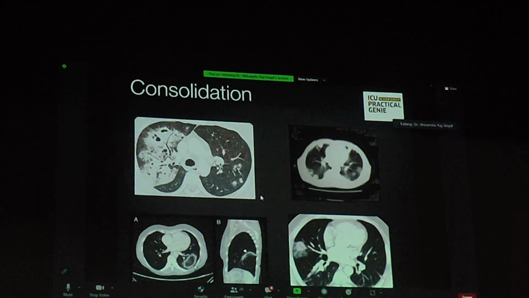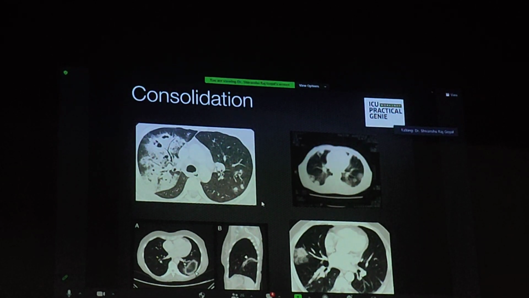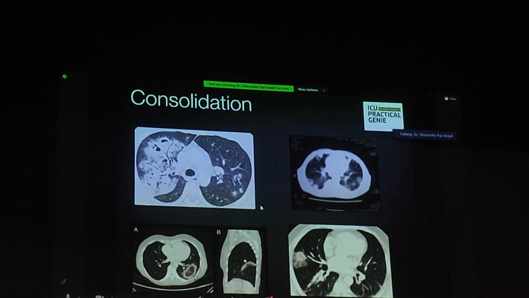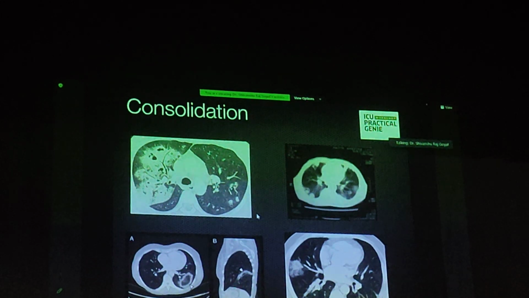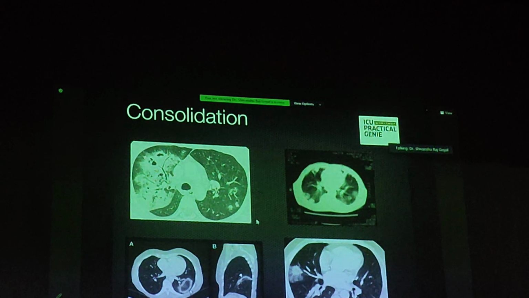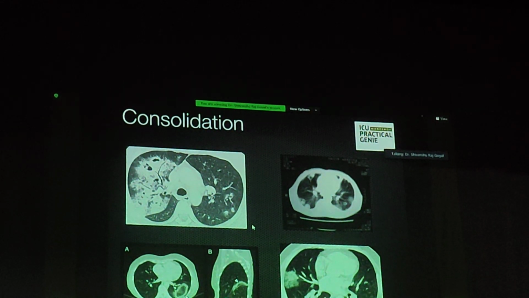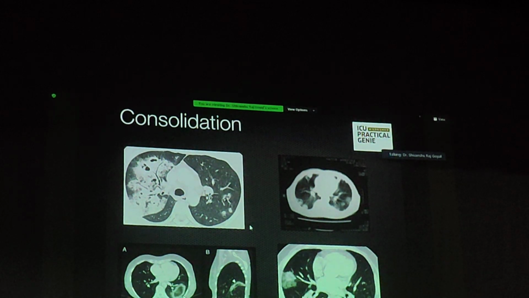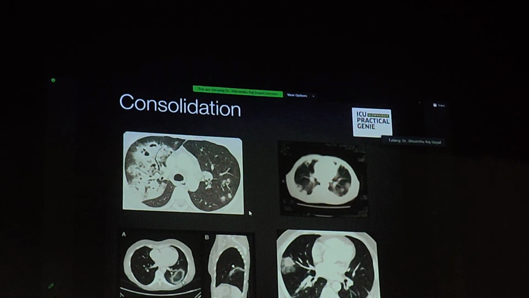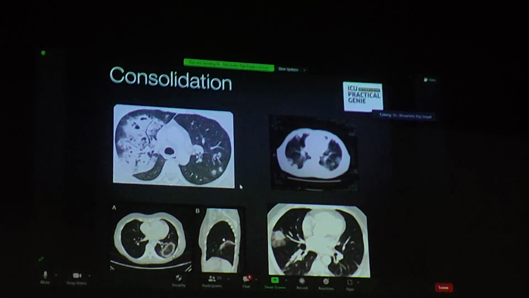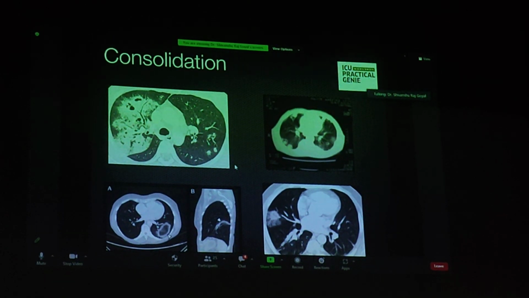When you come down, you see a round shadow with the center spared and all around it a ring shadow. It is called a reverse halo sign. Reverse halo sign is a very common finding, usually found in invasive fungal infections or in cryptogenic organizing pneumonia. Then on the right side, on the lower side, you see a halo sign. Halo sign means the center is dense and the surrounding is ground glass. Very likely a fungal infection. And on top, you see multiple areas of consolidation or nodules, very likely referred to as bronchopneumonia.